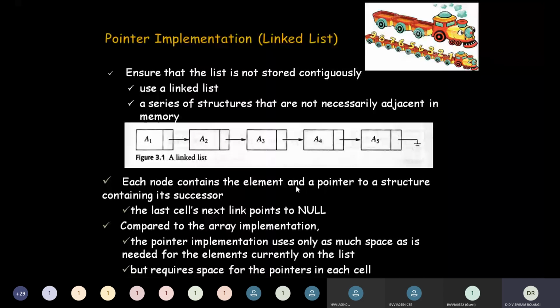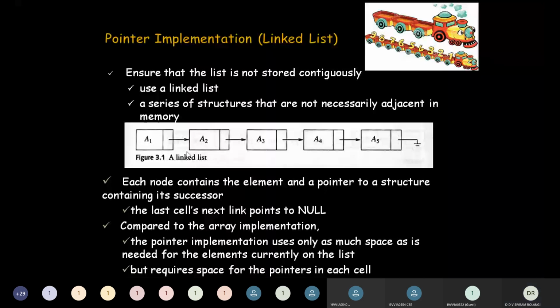That means A1 contains A1 in the data field, and in the next field it contains the address of its successor, which is A2. Remember, here we are not storing the address of A4 in A1. We are storing the address of A2 in A1. Why? Because A2 follows immediately after A1 in the list.